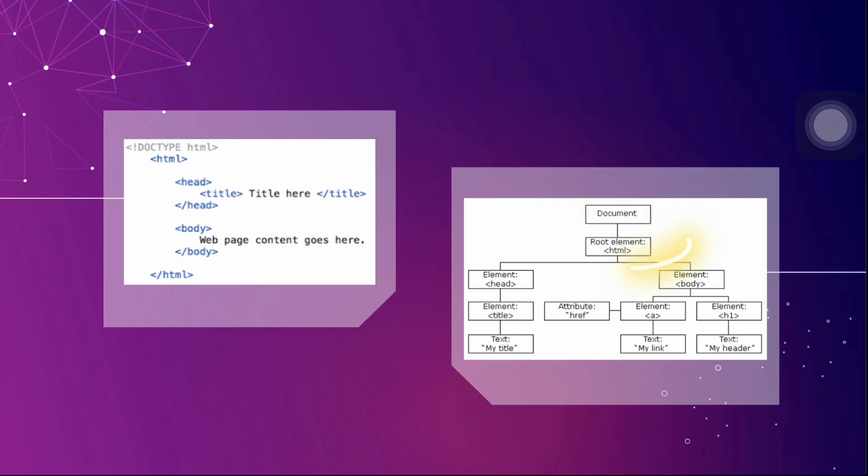Next, we have the HTML root element, which is a child of the document object. Next on the line are the body and head elements, which are siblings to each other and children of the HTML element. Under the head element, we have the title element, which is a child of the head element and parent to the next node,